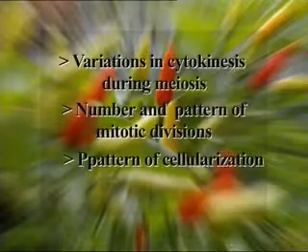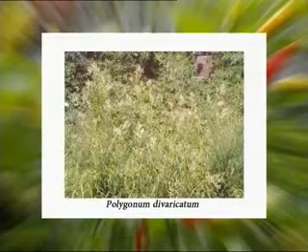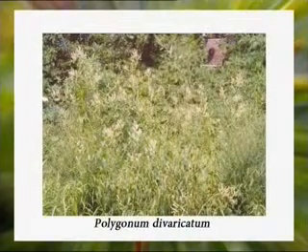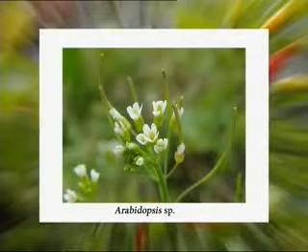cellularization. The developmental pattern exhibited by most species is referred to as the polygonum type because it was first described in Polygonum divaricatum. The polygonum type female gametophyte is exhibited by more than 70% of flowering plants and is the pattern found in many economically and biologically important groups including Brassicaceae, for example Arabidopsis,